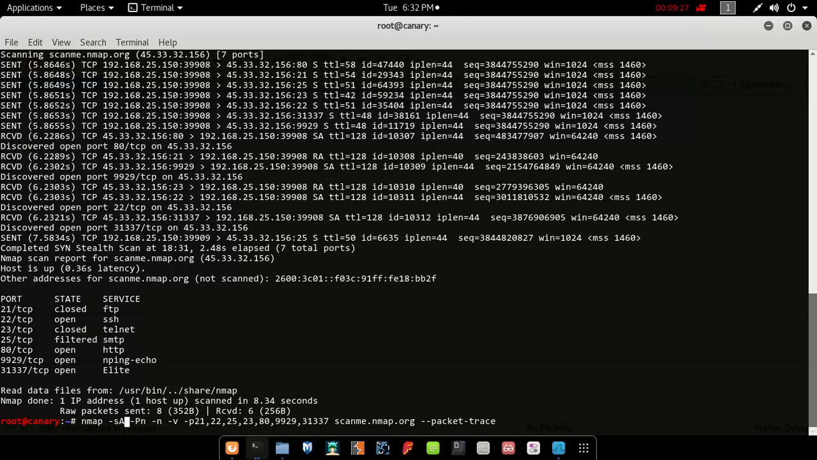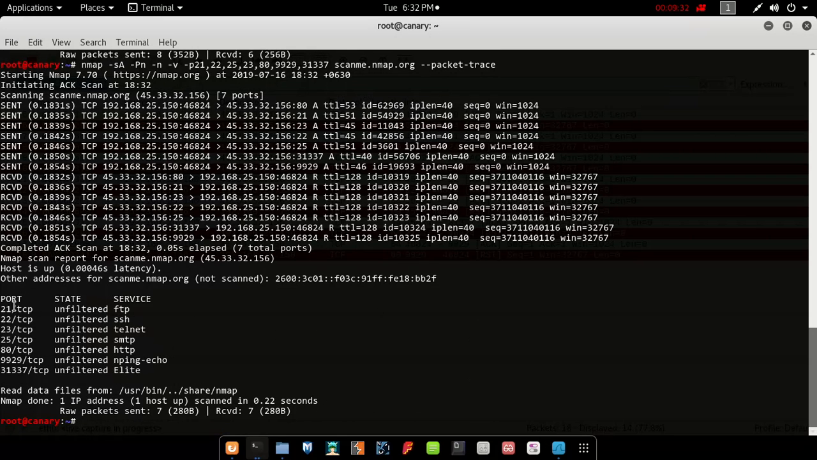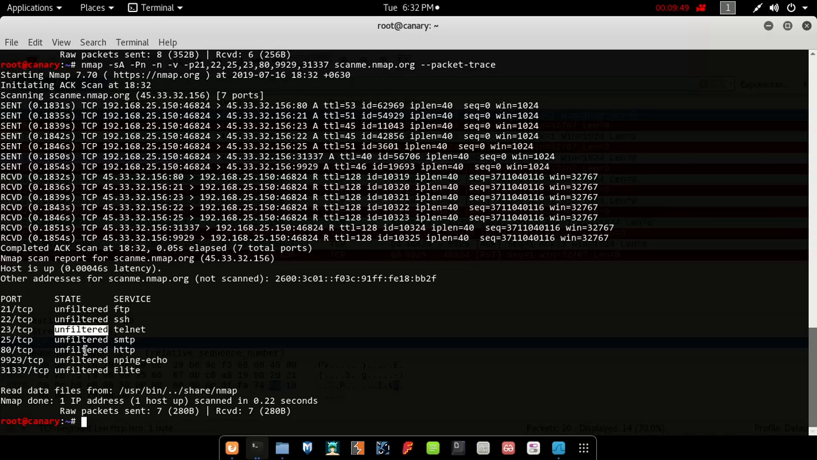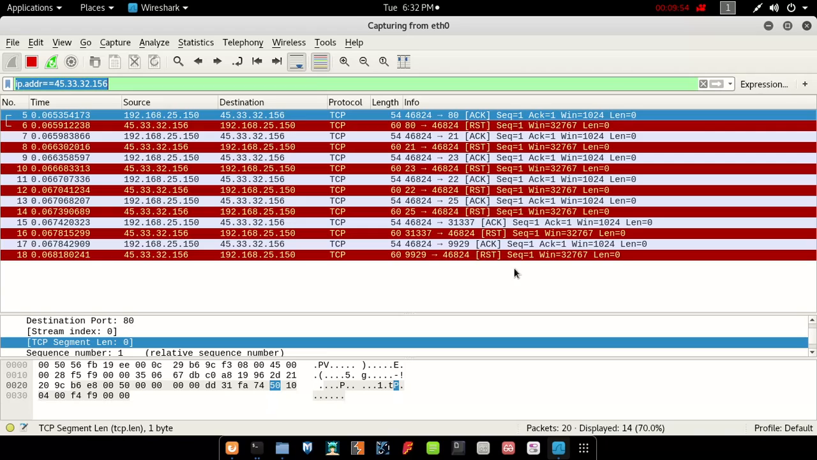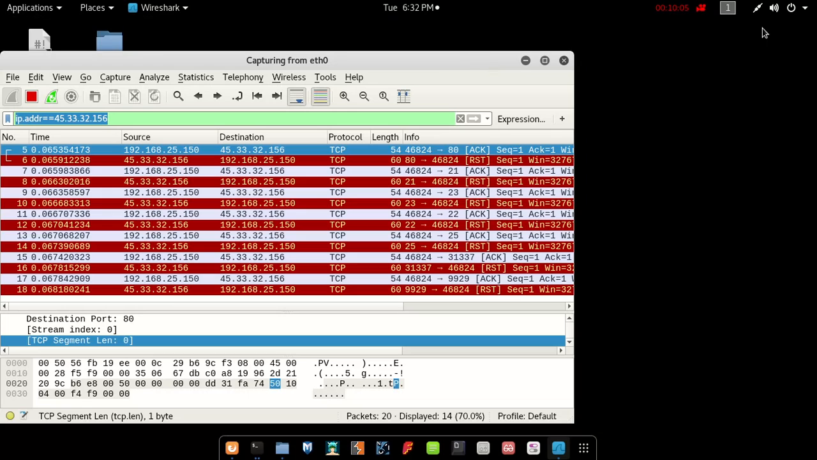So I'm going to send ACK here. The Nmap results say these are unfiltered. You see that the Nmap result can give us very definite results here, like unfiltered and filtered. Unfiltered means there is no firewall. So we can assume that when we send the ACK packet to the target, it responds with a reset packet. When we send the SYN packet here,